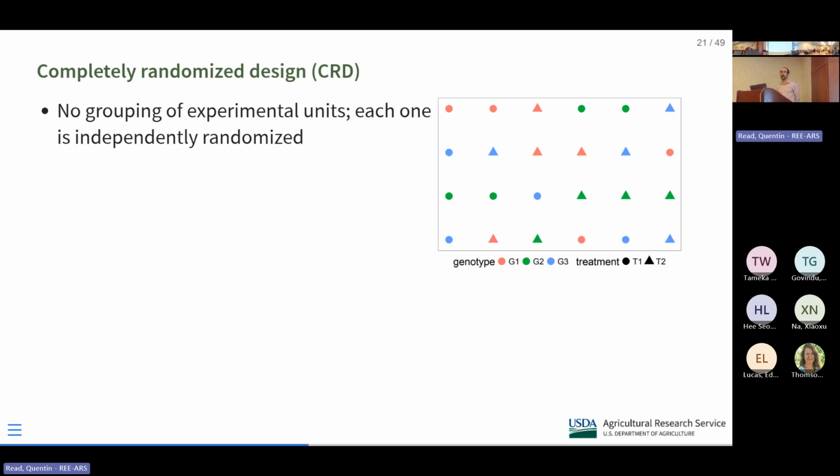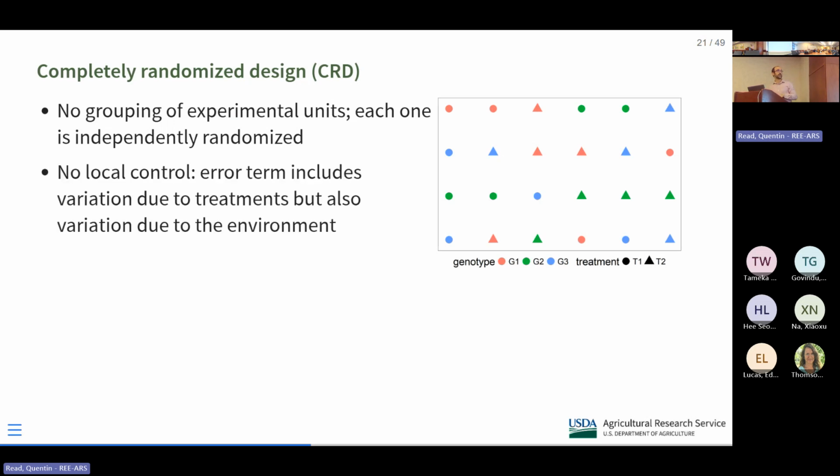If you had a mouse experiment and had mice that were housed individually in cages, each cage has only one experimental unit within it, and there's no grouping of experimental units. Each mouse is completely randomly assigned. If you had 3 genotypes and 2 treatments, a 3x2 design, there's 6 combinations, and in this diagram there's 4 replicates per combination, but it's completely random how they're positioned physically. They're all completely mixed together. So there's no local control there. We're not trying to have local control.